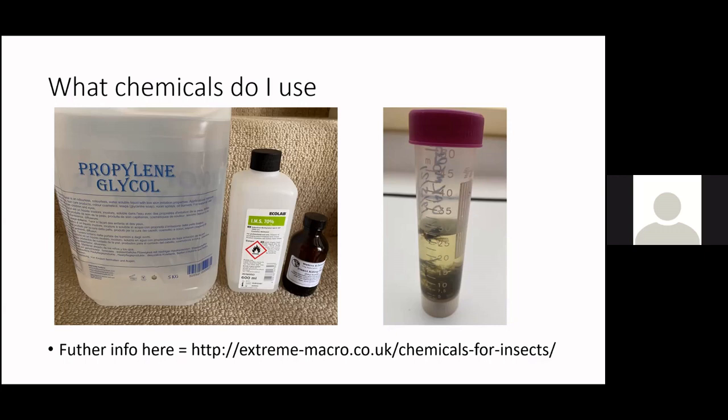This is a food grade propylene glycol, so it offers very little risk to anybody using it or coming into contact with it, as opposed to some of the more nasty chemicals like antifreeze, which is really quite poisonous. So that's one of the chemicals I use. The one in the middle is IMS, industrialized methylated spirits, a type of alcohol. This is added 30% distilled water, so it's 70% IMS, and that preserves most of the inverts that I capture